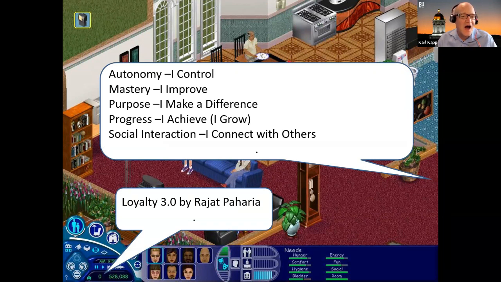I grow. I achieve. Social interaction? I connect with others, right? All of those I statements are highly motivational and tapped into everything from Keller to self-determination theory, everything that we're talking about. So think about, is there a way you can tie all this together as you start thinking about designing instruction?